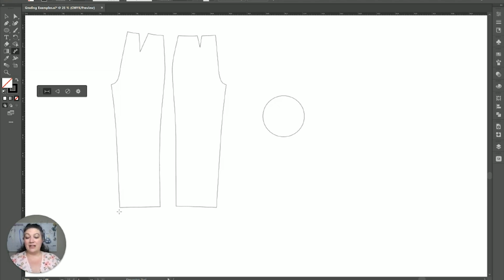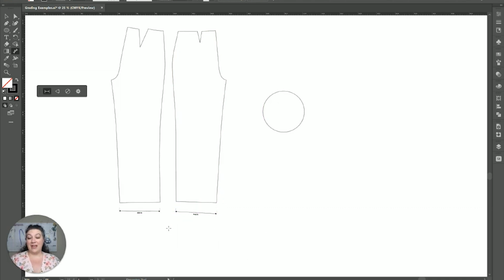All you have to do is click and it starts, go to the other edge and click. Then it's going to pop it up before it fully finishes it. You can decide how close or far away from that part you want it. So then we're going to do one more click, and there we have how wide that pant leg is. And we can do the same for the other side of the pant leg. Can double check, make sure you're happy with it, and click to have it